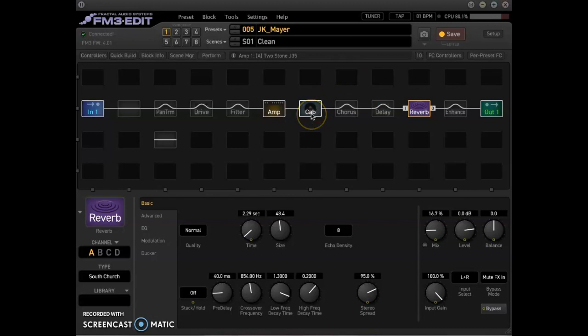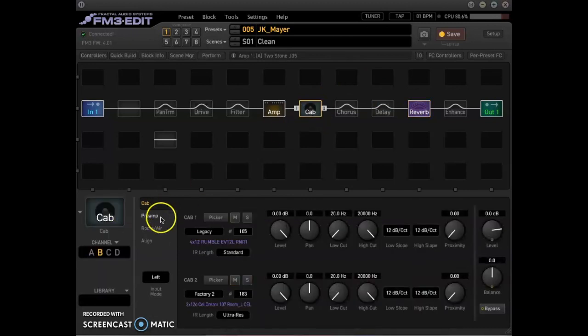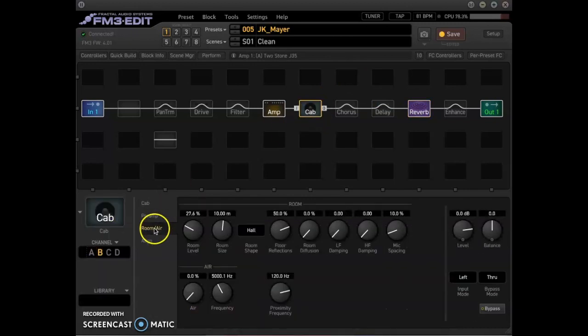Alright, now the next way is also in the cab block, and I know this is a really popular choice, is the room level. So if you go to the room air tab, you can also change the different type of room feel. So we have hall and room. I like the hall. And something I've noticed though is a little bit goes a long way. So I usually keep it between 20 to 30%, but once you get up to 40 and up, it's just a little too much. So let's take a listen